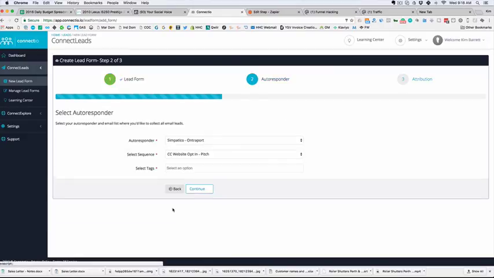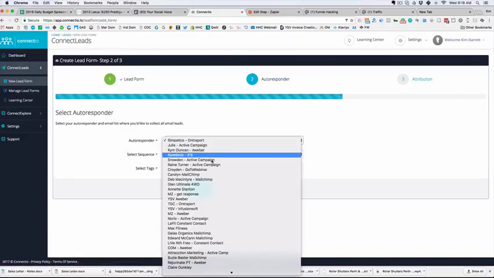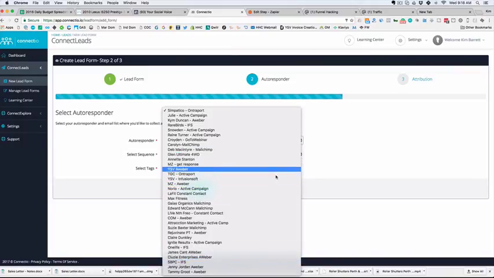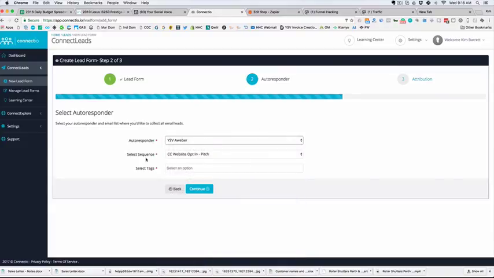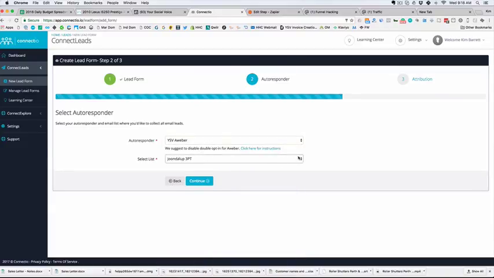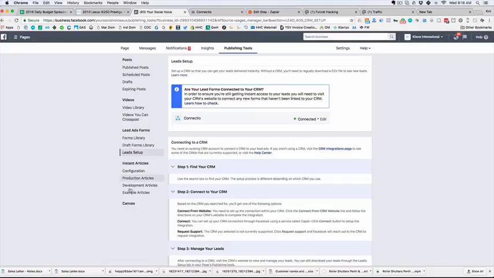Select your form, continue, select your autoresponder. From there, Aweber, the sequence list you want it to go on to, connect that, and then away you go, and it sets up. So it's really easy, and it just gives you instructions on everything. There's videos, make it really nice and easy for you. So these are the two options, Zapier or Connectio, if you don't have access on the back end to lead setup. So I wanted to cover all bases just in case you didn't have something,